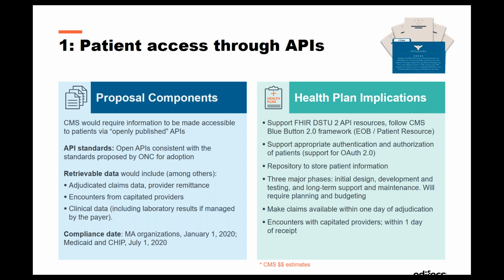What the resources are available. You need to start downloading, if you haven't already, some type of interface to consumers, right? The Blue Button is a nice framework. It already has EOB and patient resources available, so you can actually have that as a starting point for your minimum viable product. Support for OAuth. A lot of people who've already been in this mobile space on IoT, the internet, already know what OAuth is, but those who are just learning this are going to have to add support for OAuth.